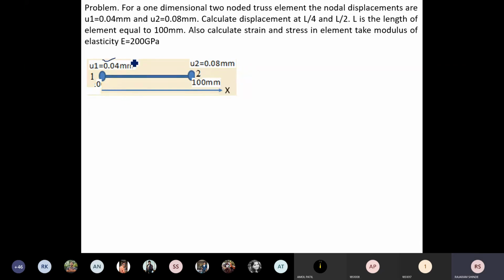Here these nodal displacements are there. Now the same thing you repeat for this one also. Now your problem is a structural problem. Therefore displacement is a field variable. In place of phi it is u. Now first you start with the shape functions.